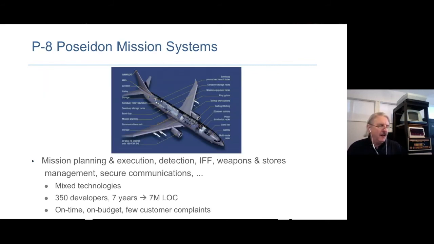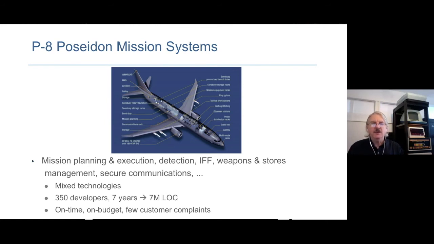P8 Poseidon, this is a replacement for the P3 submarine chaser. This is basically coastal anti-submarine defense. There's a long story behind this, but it's essentially moving P3 technology, updating it to current technology, and putting it into a 737 airframe. Now, our project was not the fly-the-airplane avionics. That was pretty much off-the-shelf fly-a-737 avionics. What we did was the back end of the airplane: all the mission planning, all the execution, all the submarine detection, the identify friend or foe, weapons and stores management, secure communications. Mixed technologies, 350 developers, 7 years, about 7